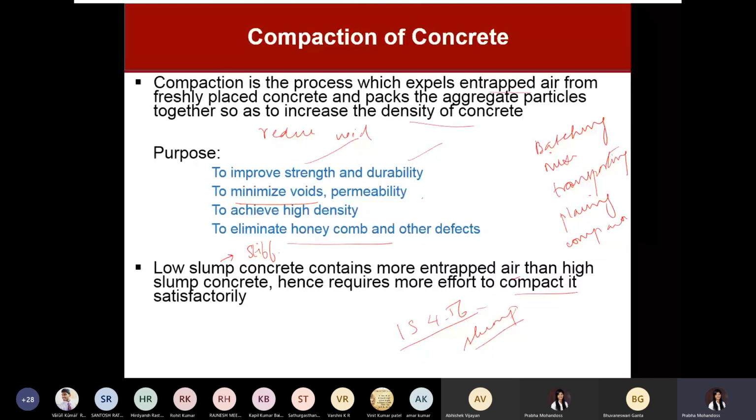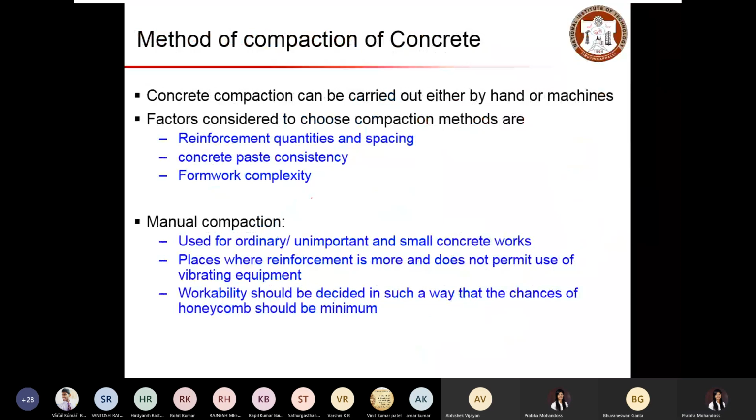Right. So now let's look at the methods of compaction. As in mixing and transporting, we have both manual and mechanical ways to do compaction. The determining factor would be the requirement, the reinforcement quantities and spacing.